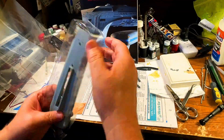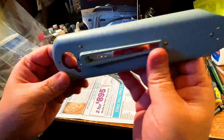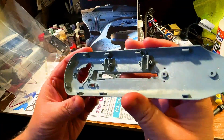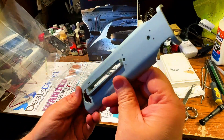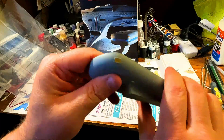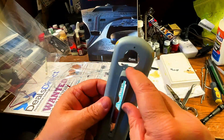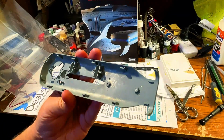All right, let's get to the... Oh, yeah, look at that. Let's get to my favorite part of this issue. Look at this. And this is metal. I love it. Of course, we're going to get to finish off the nacelle. Look at the detail. And I guess this is where the battery compartment is going to go, where the button batteries will work this